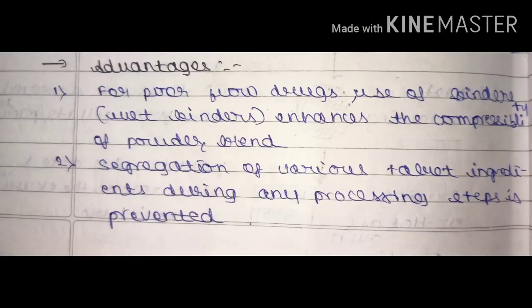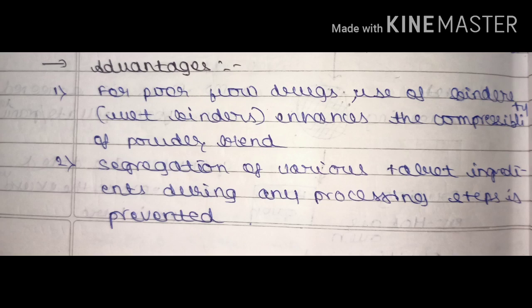The main advantage is for poor flow drugs which have the least flow property. By using binders or wet binders, it enhances the compressibility, so we can properly compress the tablets. Another main advantage is that segregation of the various tablet ingredients, that is active pharmaceutical ingredient and excipient, during any processing step is prevented, and it is suitable for dust producing